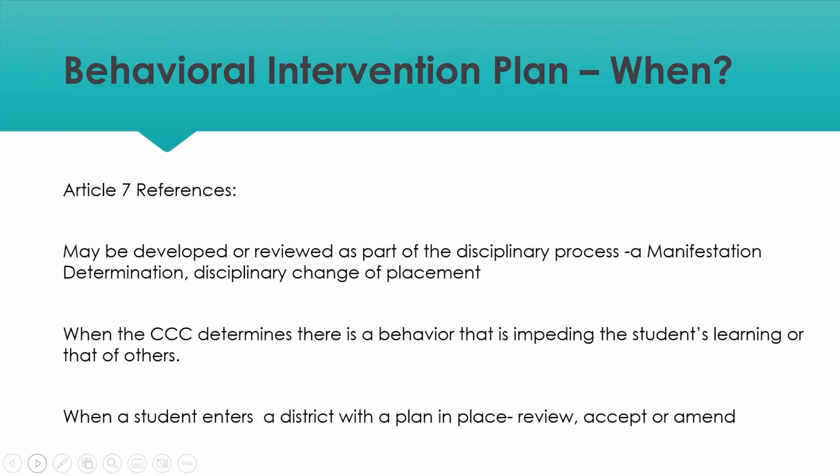So again, Article 7 says you can develop a plan as part of a disciplinary process for a manifestation or a change of placement, when the behavior impedes the student's learning or the learning of others, or if there's a plan in place and you need to review it. But again, I know it's part of a disciplinary process, but it should be, as we'll talk about in a minute, that you are going to teach the kid a skill